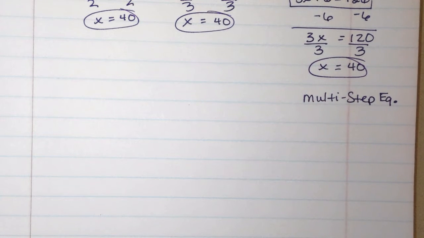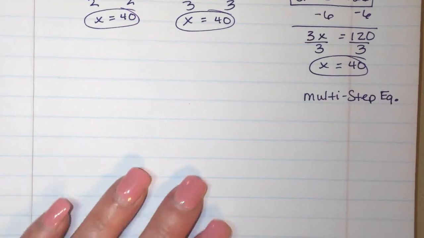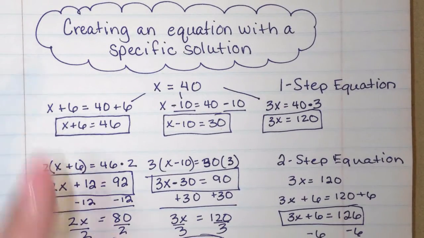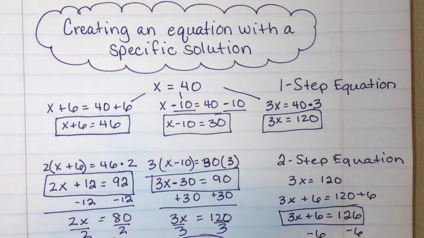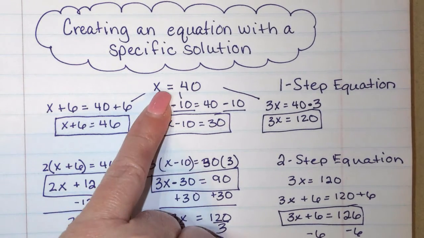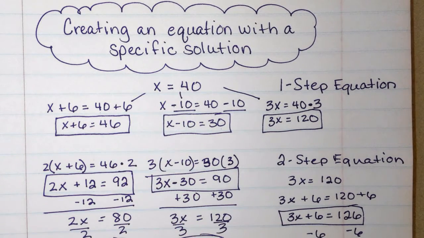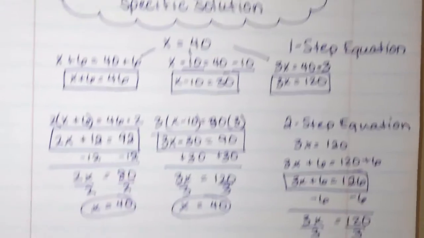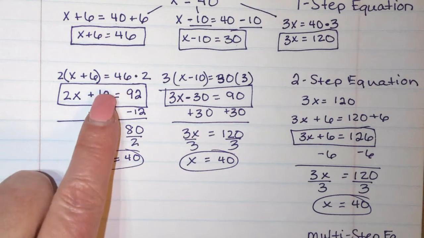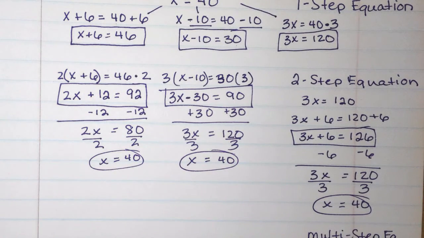Now, remember, when you're writing all of yours, you're having it equal a different number. So if you're starting off on the first week for a one-step equation, you will have 1, 2, 3, 4, 5, 6, 7. So you'll write a one-step equation that equals 1, a one-step equation that equals 2, and a one-step equation that equals 3. You'll change your x equals every time. Then when we go to the two-step equations, you will be doing x equals 8, 9, 10, 11, 12, 13,